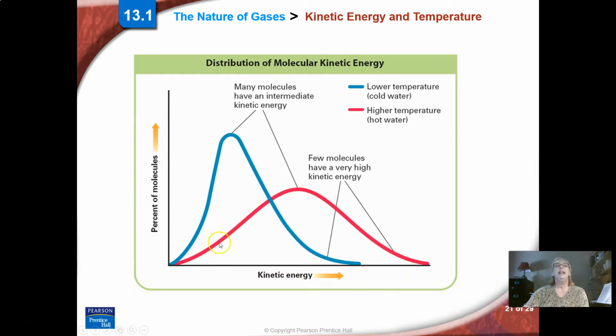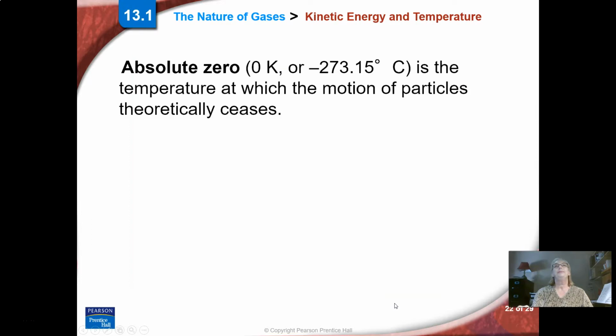Average kinetic energy, which is the temperature of the molecules, is going to be somewhere, most of them are going to be here for this lower temperature, and they're going to be here for this higher temperature. But you're still going to have some particles that are really low speed and some that are really high speed. So when we talk about kinetic energy, we're really talking about the average kinetic energy for the whole set of molecules, not the distribution. As you get higher and higher kinetic energies, you're going to have a wider distribution of the kinetic energies of the particles.